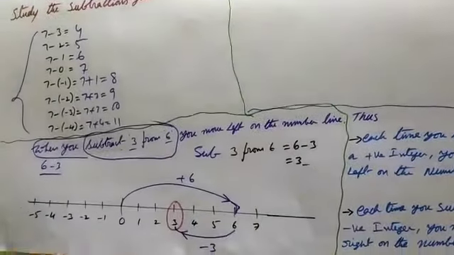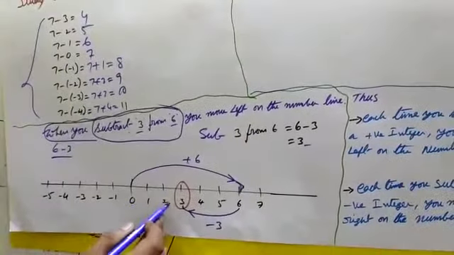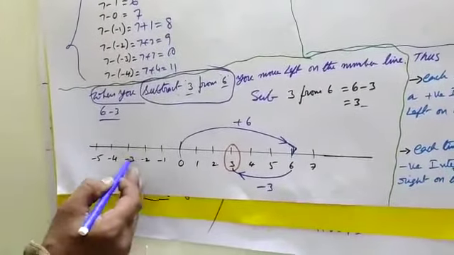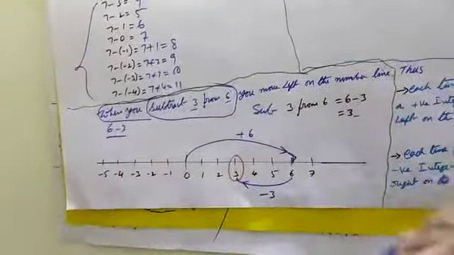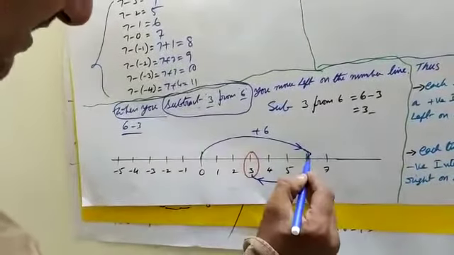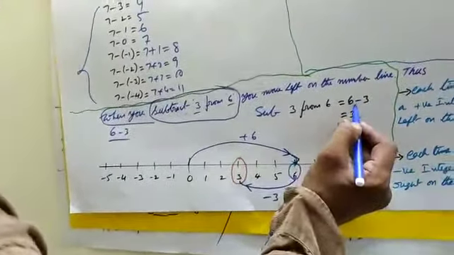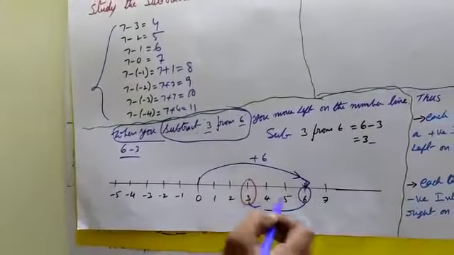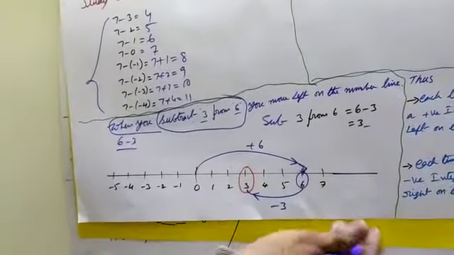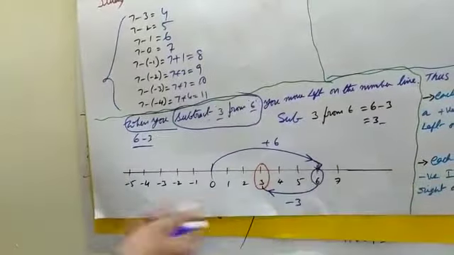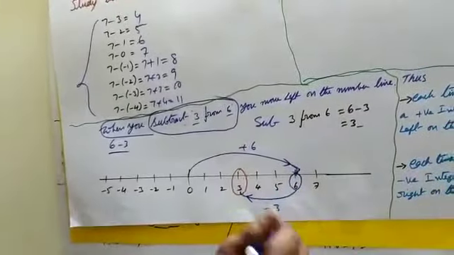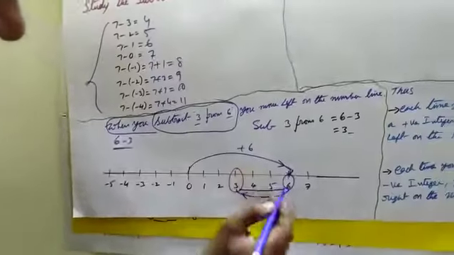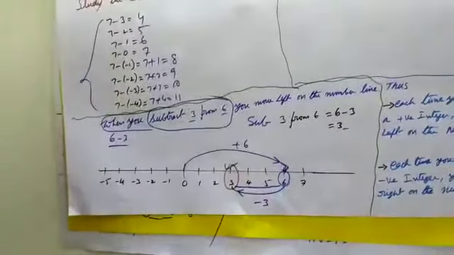Use the number line. You draw the number line like 0, 1, 2, 3, 4 up to so on. Therefore, from 0 towards the negative numbers, minus 1, minus 2, and so on. First of all you go to the 6. The minus means you take any number towards the left side. What is the meaning of towards left side? This means decreasing. Therefore 6 minus 3 means this is 1, 2, 3. Therefore 6 minus 3, this is the result.